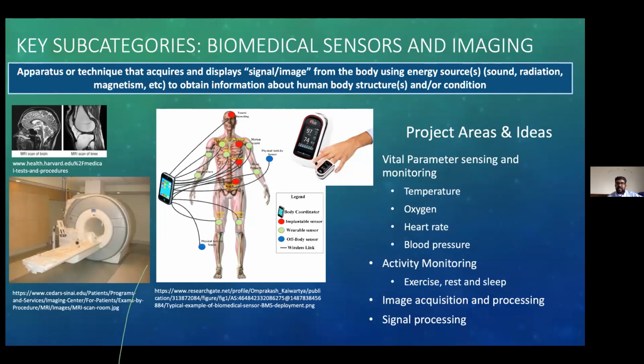Imaging, you may not have access to an MRI machine, but the data from an MRI machine is available online if you're a student. This may not be valid for the younger students, but if you are an older student who knows how to program and code in C or MATLAB, some of these image data are available, or you can simply take photographs on your phone and do some image processing on those. So that is part of the field of biomedical imaging and sensors. Again, I'm just giving you a brief outline. There is lots more to study and do in this field.